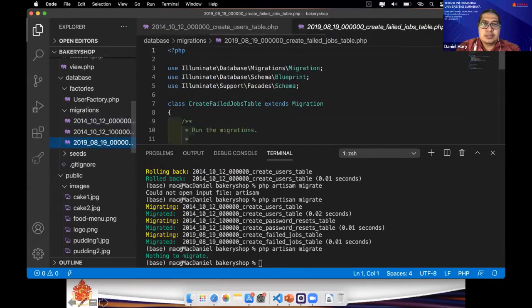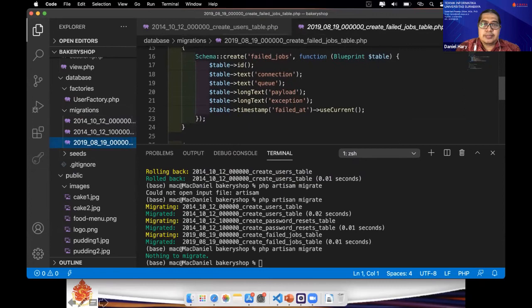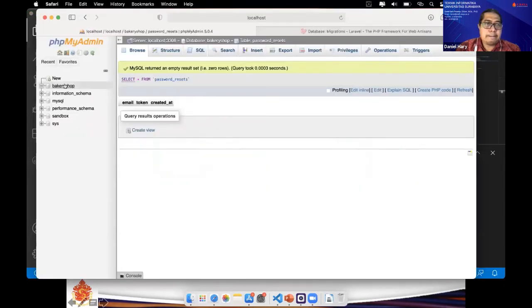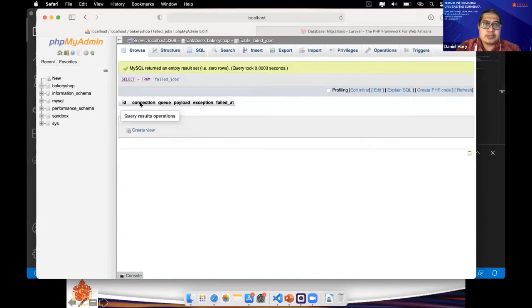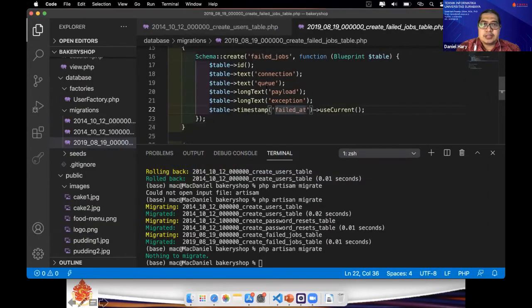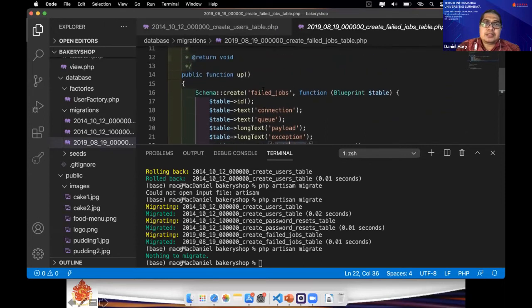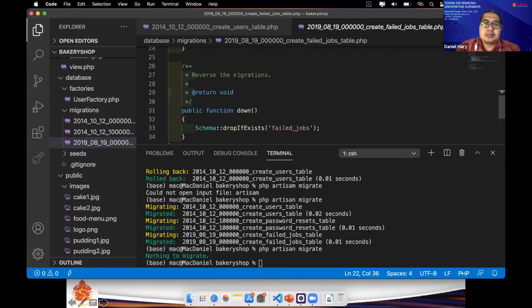Next, in the create failed jobs file, there is text and long text, and the timestamp. Connection, queue, payload, exception.